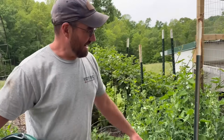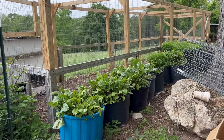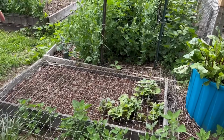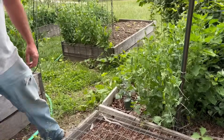I know. Now, right here's something that I'm blown away by, is how fast they've grown. Look at those beets. They're huge. And they're way too thick. Our potato slips are doing fair. Our purple ones have come up way ahead of the red ones here. Do we have any red ones up yet? I found...